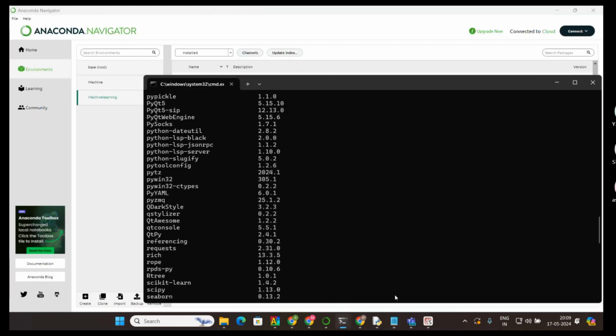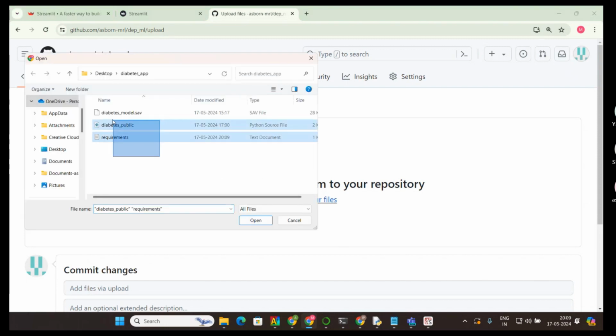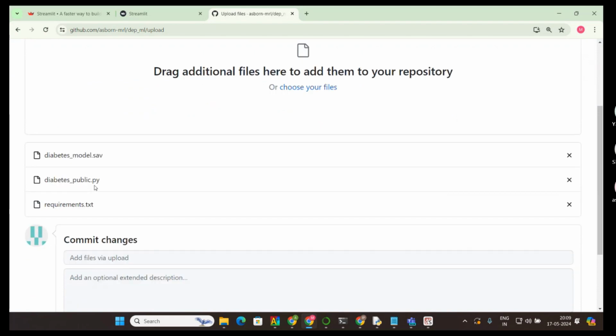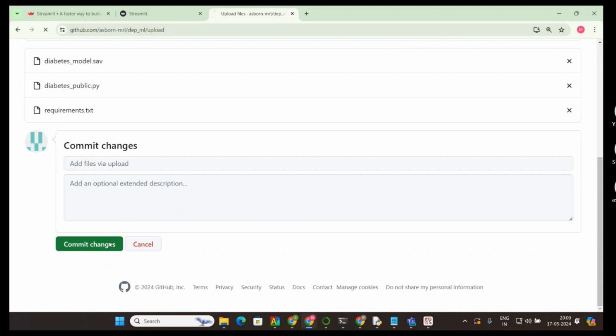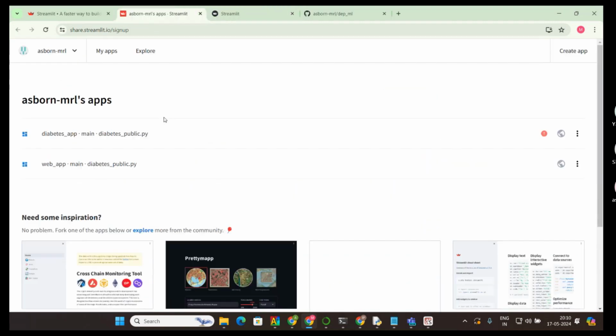Okay. So now upload everything. I'm just choosing the file, create and open it. Now my saved model, and then the Python file. Okay. And then the requirements, everything will be there, and then give commit changes. Okay. Now it is in the sign up. Okay. When you sign up,